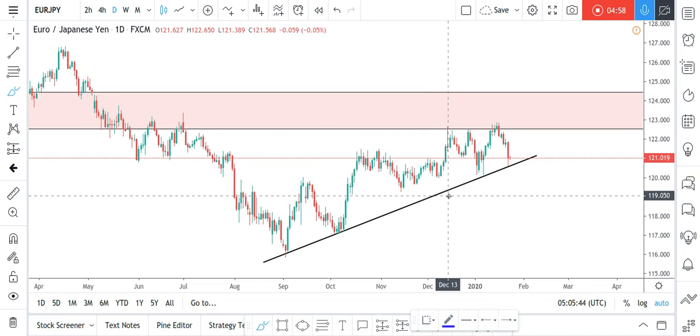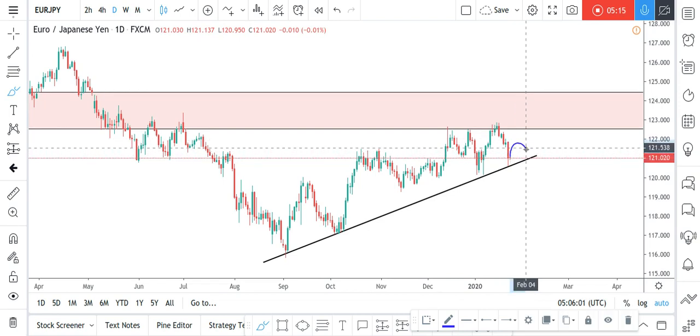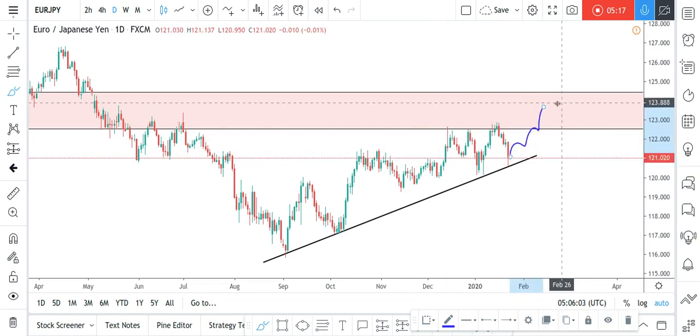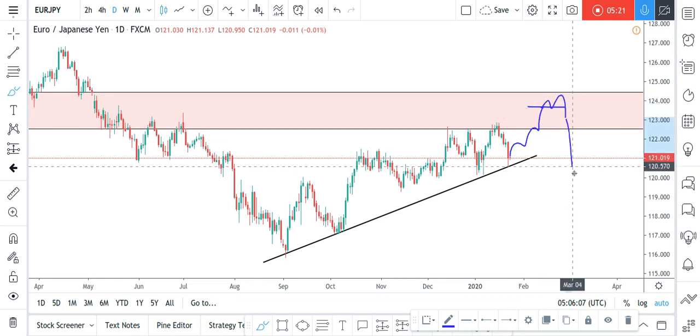When I say further development of this pair, this pair is not yet bearish. We have a bearish view on the monthly time frame, we have a bearish view on the weekly time frame, but the daily time frame does not align yet with the weekly and the monthly. So what we need to see is the market come up, reach this area, maybe create a double top, and then start the next push to the downside,